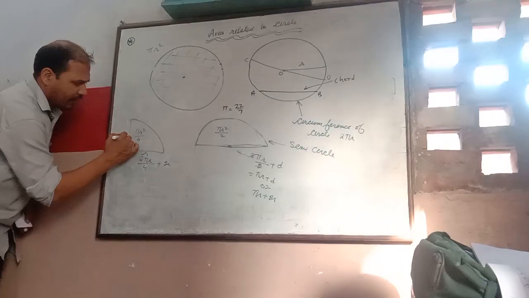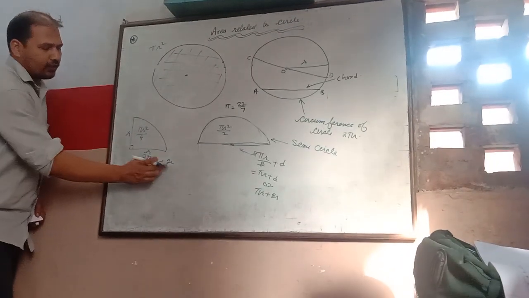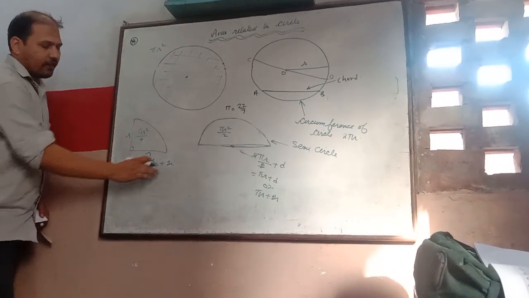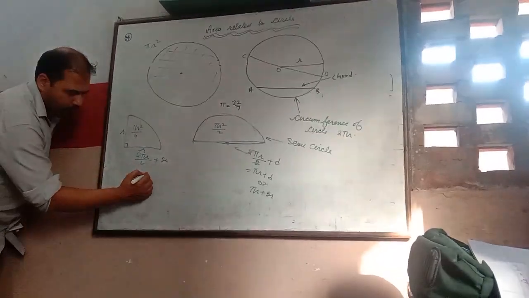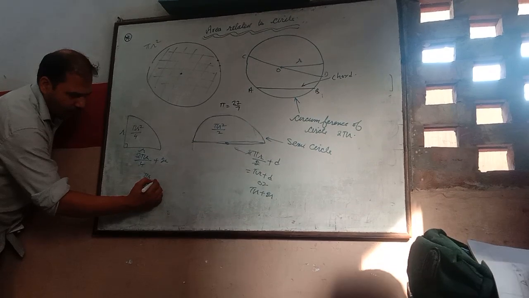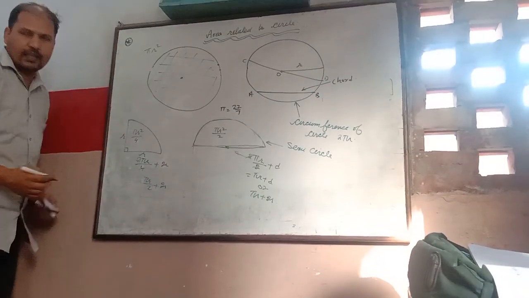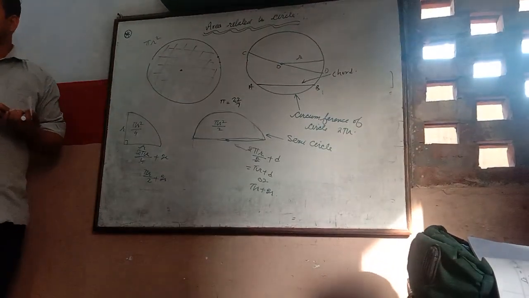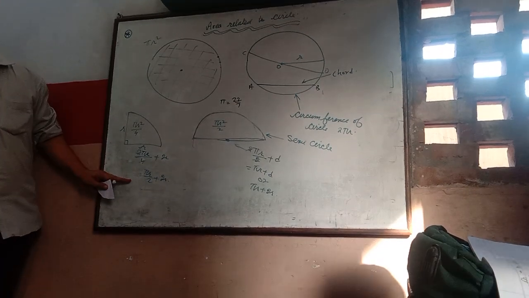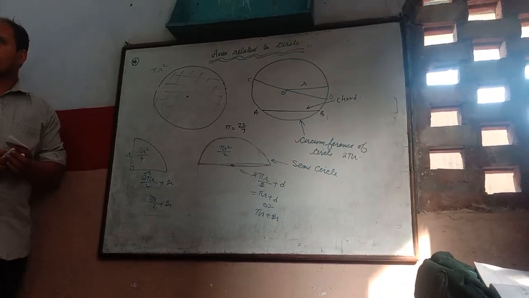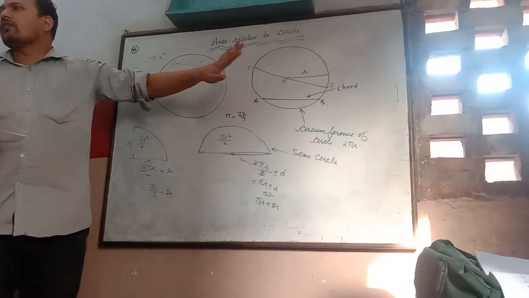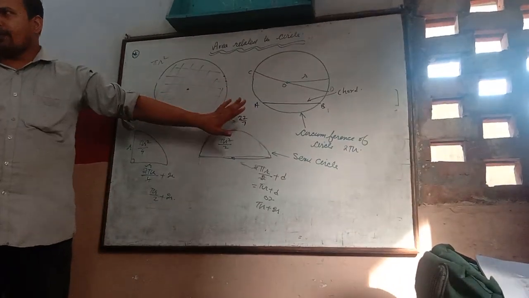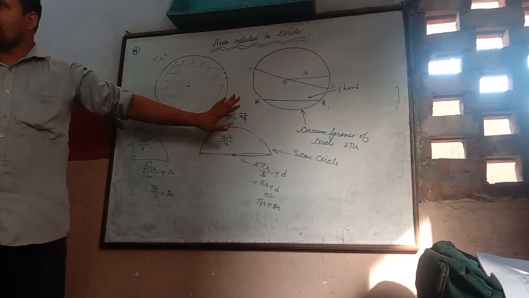One radius is this and one radius, r plus r, 2r. The circumference is divided by 4. Okay. Now 2 cancel by 2. Yes. Pi r upon 2 plus 2r. Clear? There is a formula to find the perimeter of the quadrant of a circle. Clear? Means circle, the semicircle, quadrant of the circle. I think you have clear.